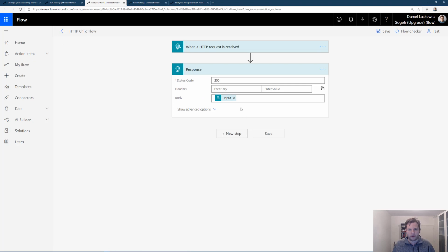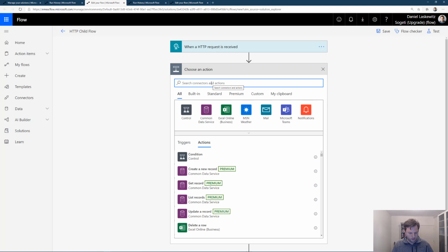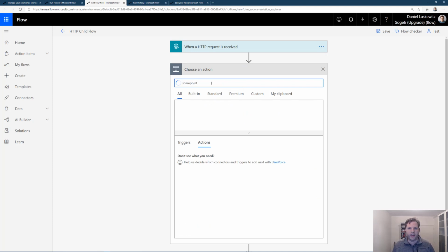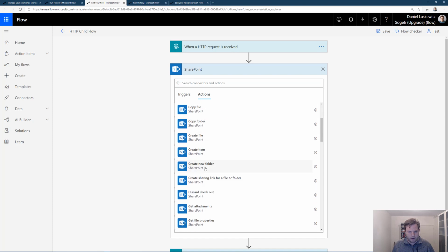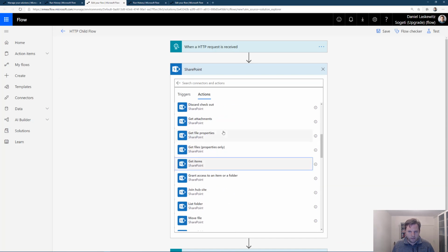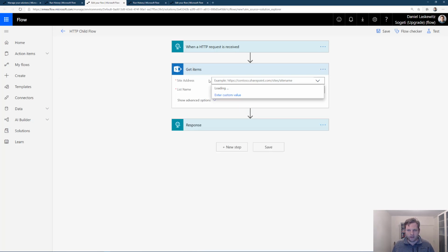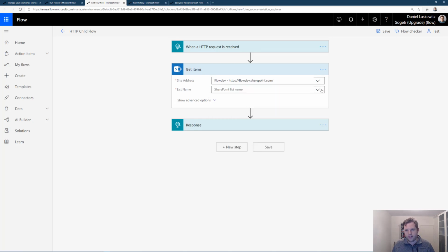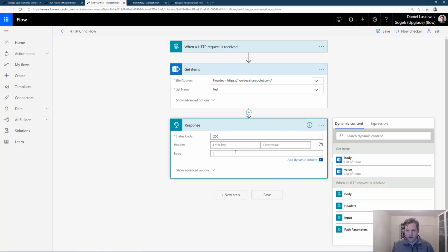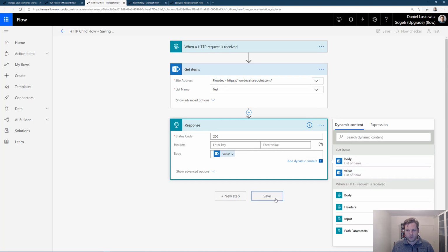Now, let's go back to the child flow and do something different with this. So let's go and add a SharePoint action. I'm gonna look for the get items action. I'm gonna look for a site I want to use, and I'm gonna select a test list I already created before. Now I want to actually choose value, save it,